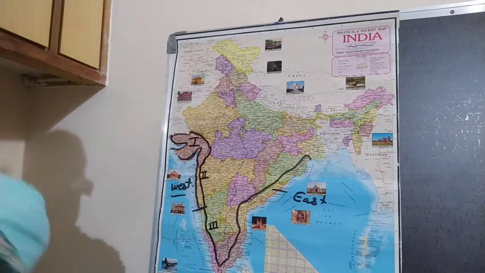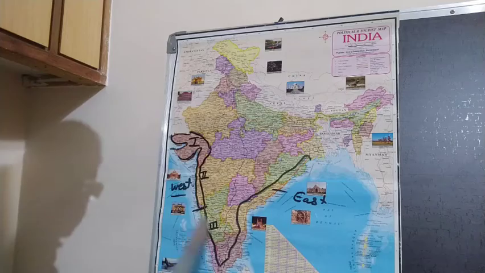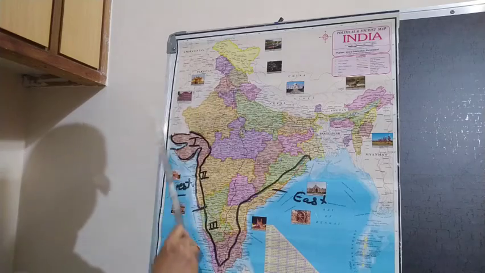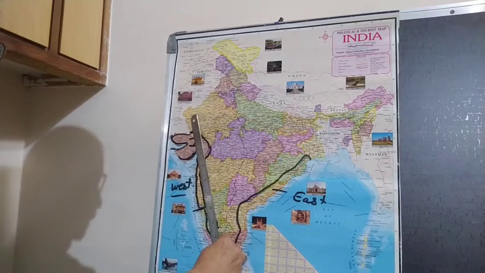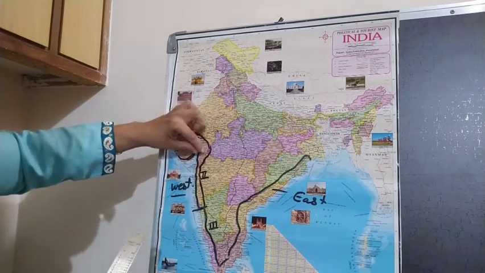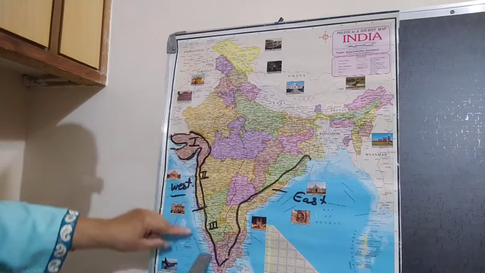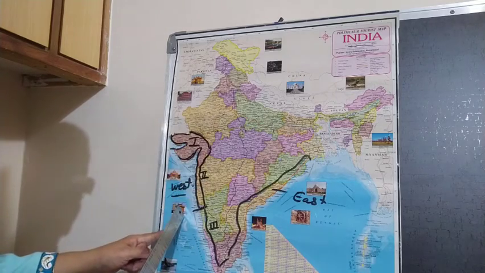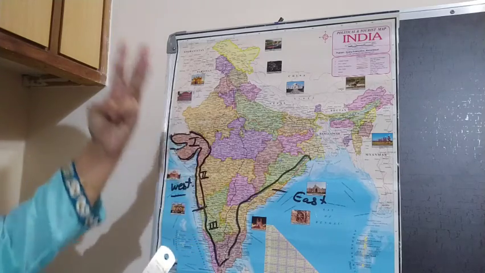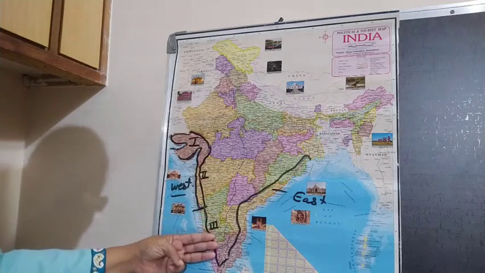Again I am telling you. Now these are our western coastal plains. Western coastal plains lie between the Western Ghats and the Arabian Sea. This side we have the Western Ghats, this side we have the Arabian Sea. So the western coastal plain, which you see in between the black lines, is known as the western coastal plain. Then the western coastal plains we again divide into three parts: Gujarat coast, second Konkan coast, and the third is Malabar coast.